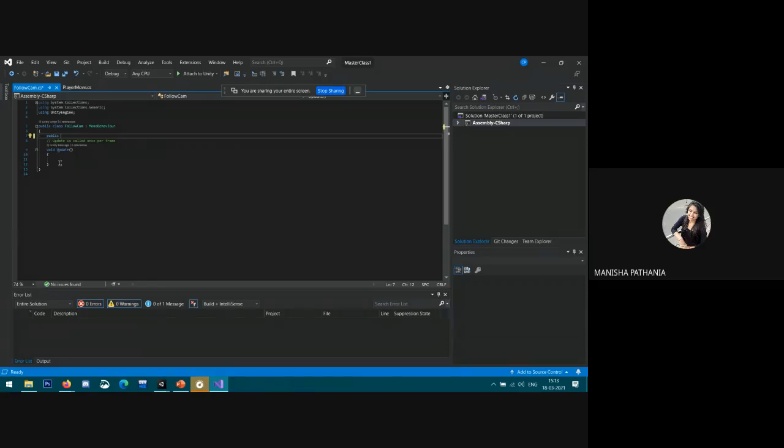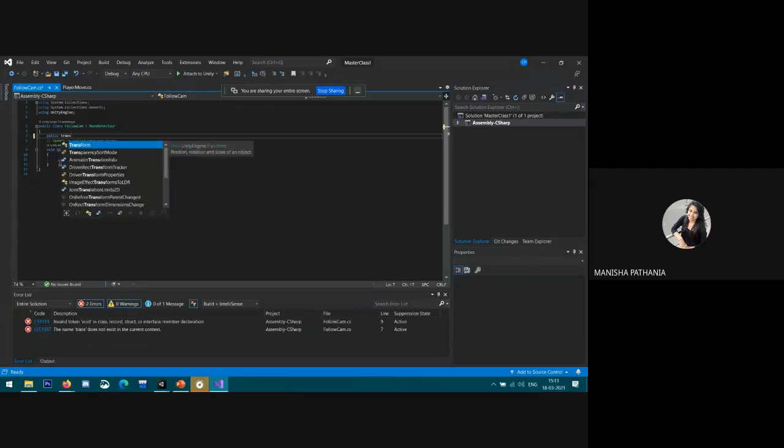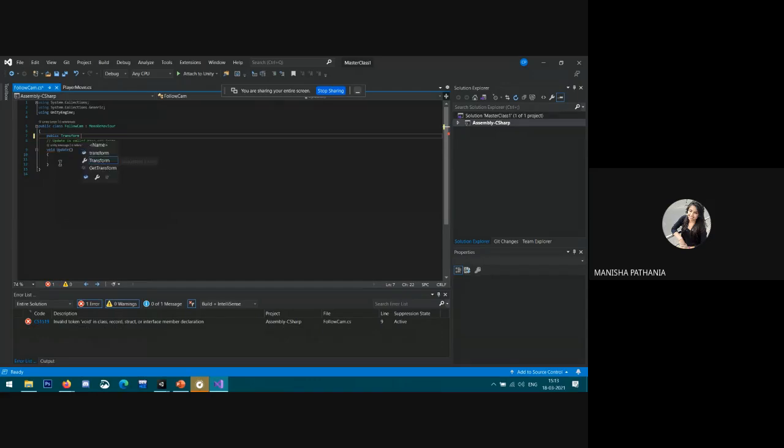If we write Transform here, we can basically get a link to a player, with information about its position. So I'm writing Transform and player.